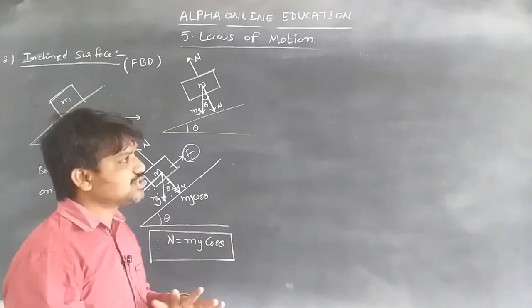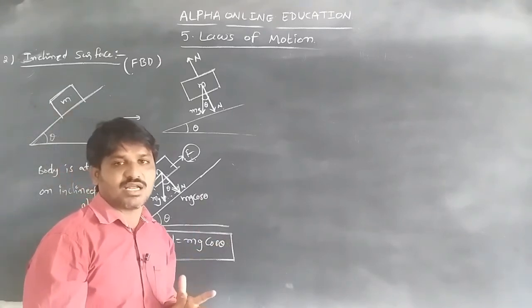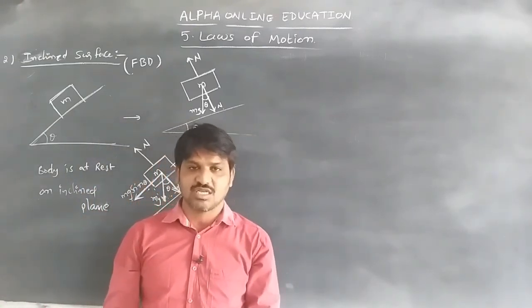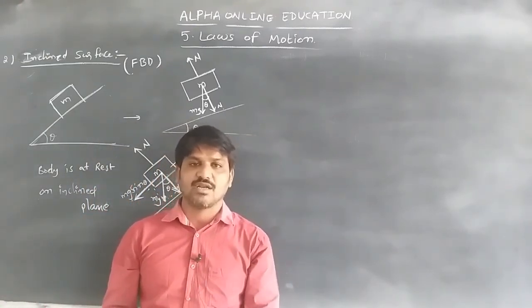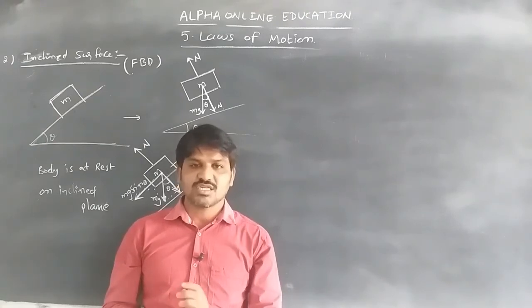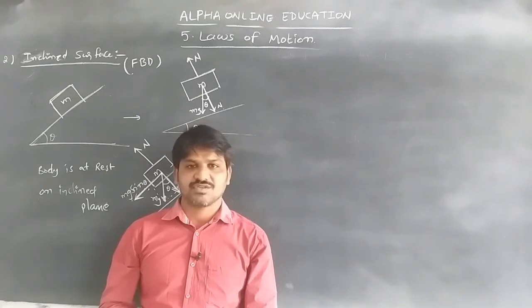This is about the illustrations and normal reaction, the action-reaction pair, how to find the action and the reaction, and how to get the value of the normal reaction in Newton's third law. Newton's third law leads to the law of conservation of momentum.